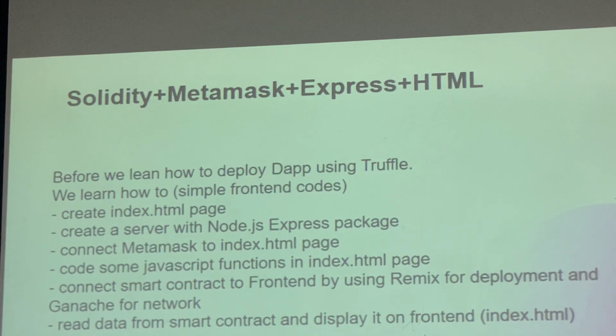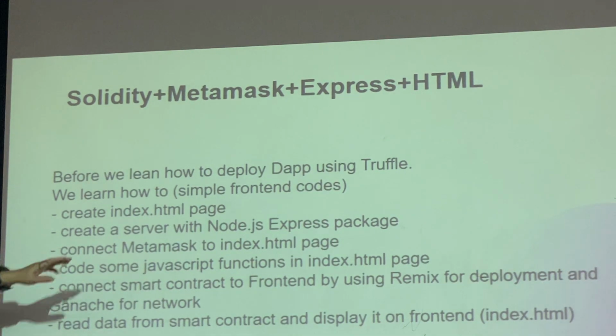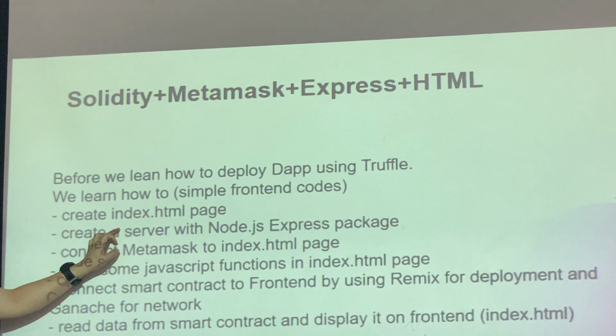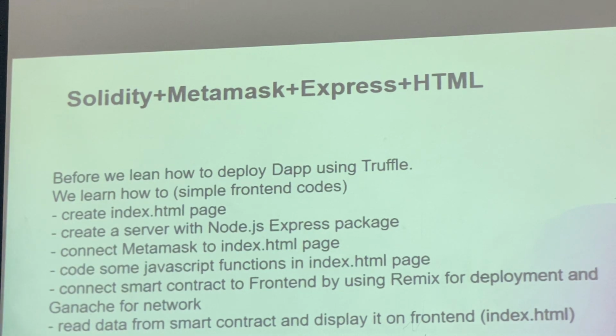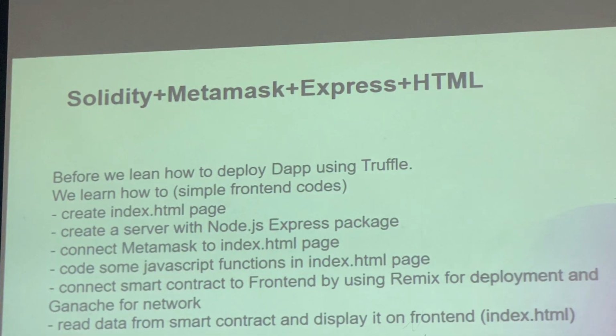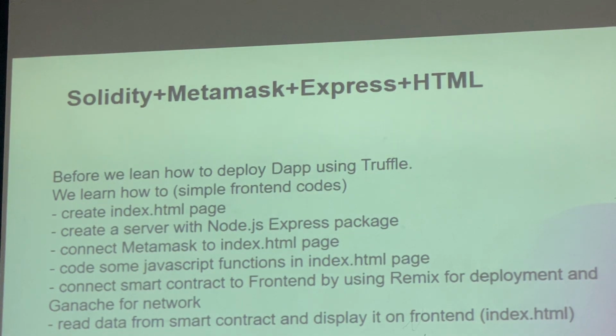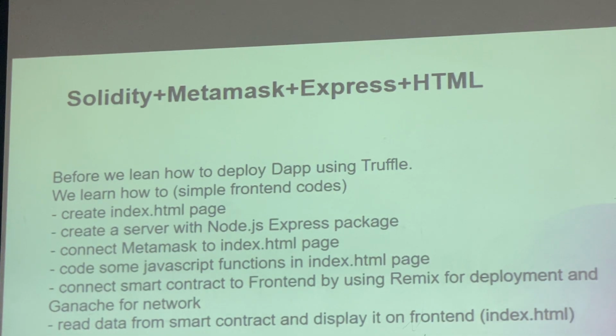index.html page, and after we create the index.html page, we need to have a server. Why do we need to have a server? This server is a front end server, not our back end. Okay, this is a front end server, the server script. We need to run a server script, so we need to have the Node.js Express package. So after we have the server script from the front end,